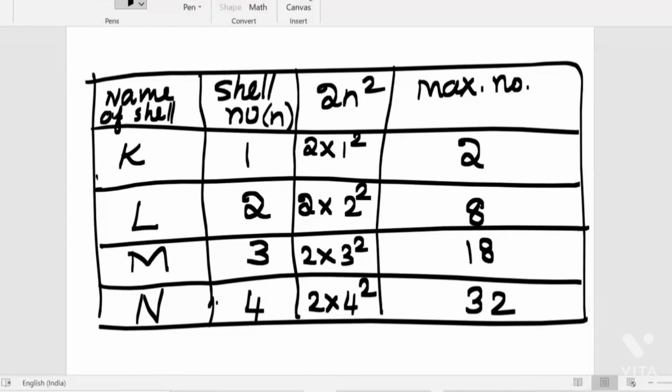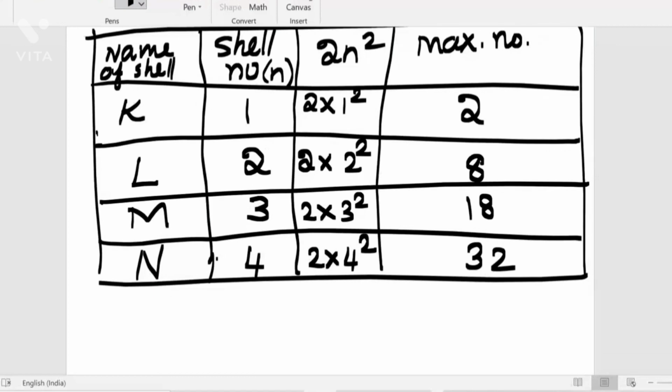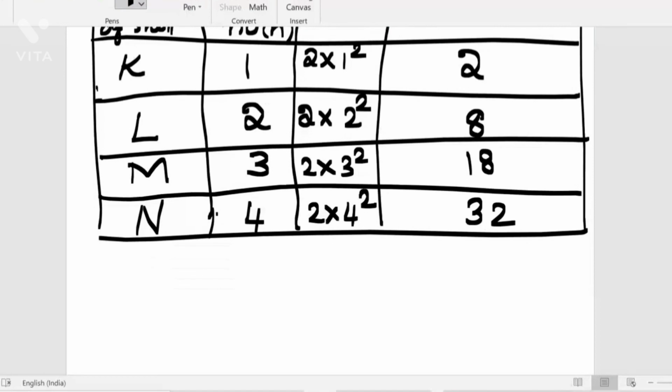We have to follow rule number 2. The first rule is calculating the maximum number of electrons we can occupy in each orbit of the atom. The occupancy of each one is given in the table. The next one is rule number 2. What is the second rule to be followed to distribute electrons?